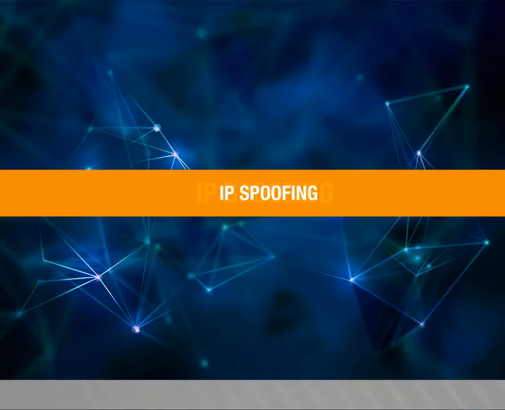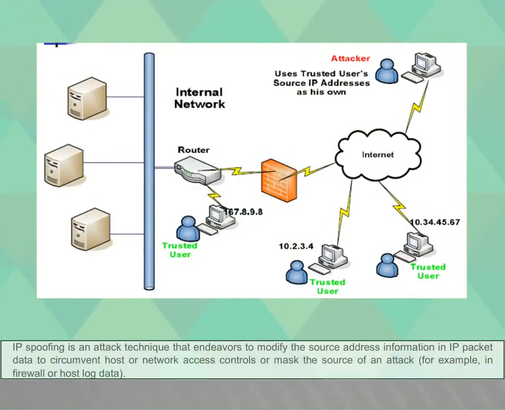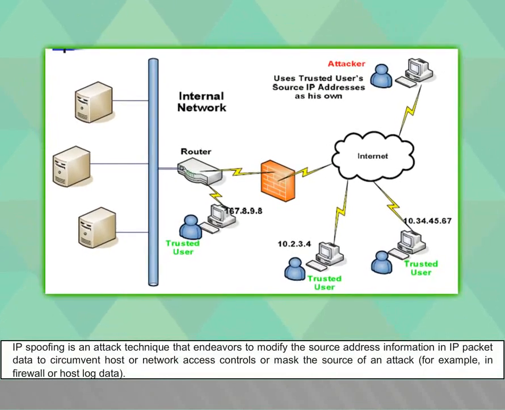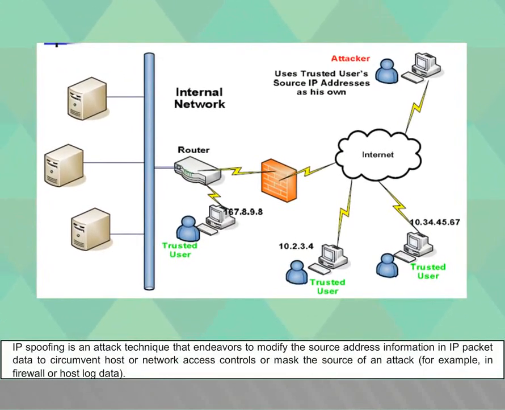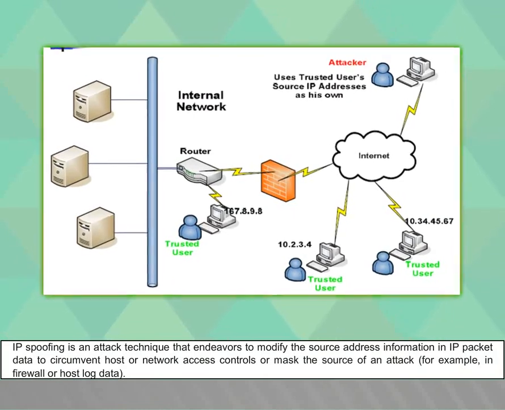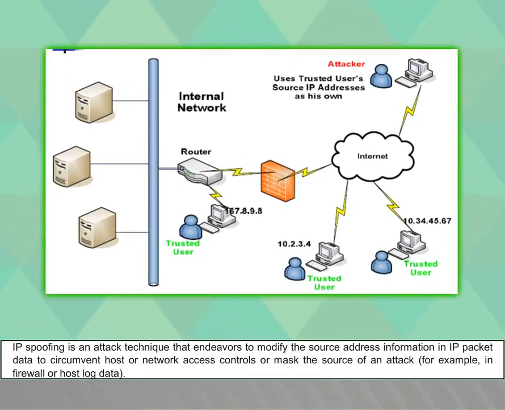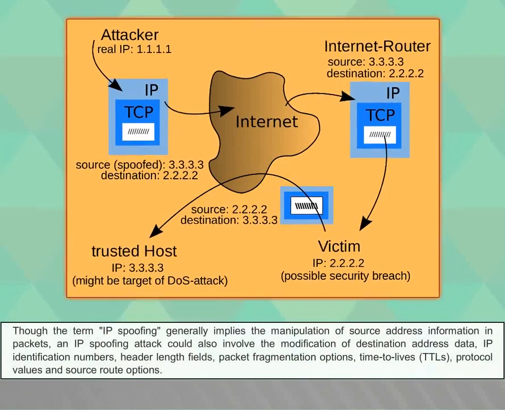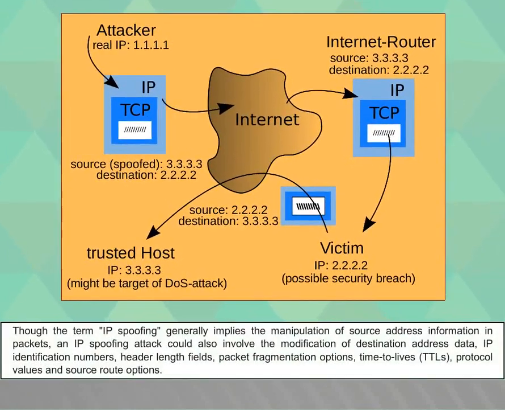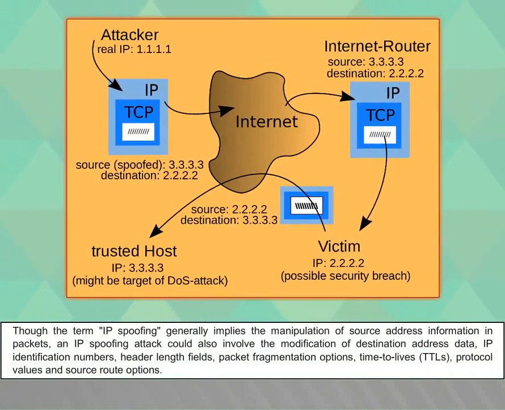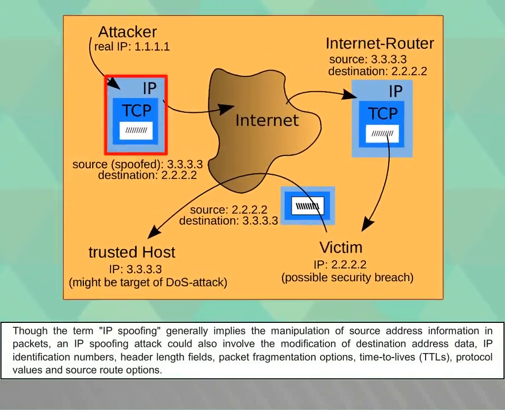IP spoofing. In this video, we are going to see about IP spoofing. IP spoofing is an attack technique that endeavors to modify the source address information in IP packet data to circumvent host or network access control or mask the source of an attack, for example, in firewall or host log data. Though the term IP spoofing generally implies the manipulation of source address information in packets, an IP spoofing attack could also